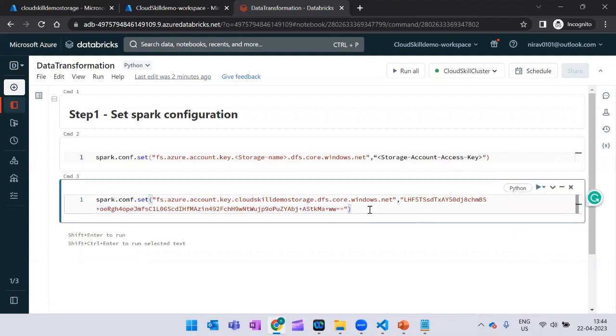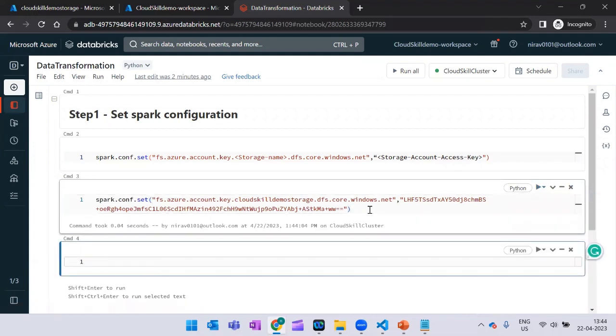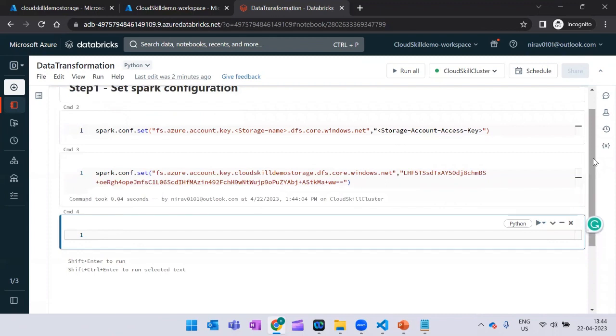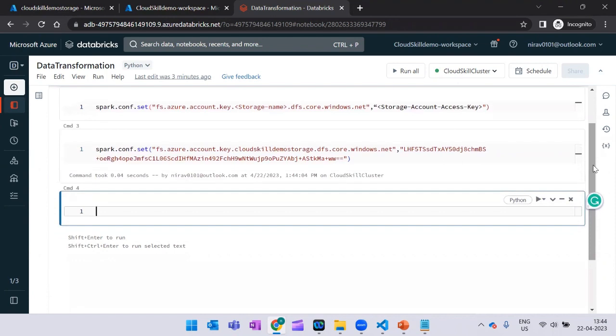There are shortcuts also. You need to press Shift and Enter to run. So now, for the first time, we are able to run this code, which we have written in a new notebook, and it ran on the cluster which we had created just before. So this is the first thing we have configured. Now we can access the file of the